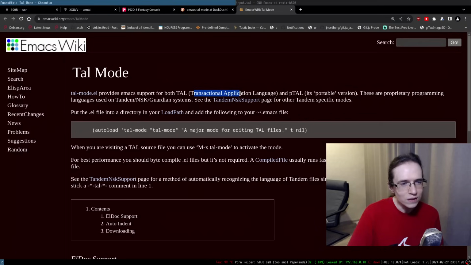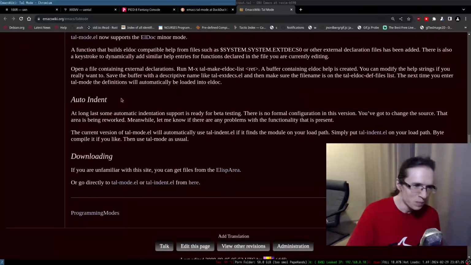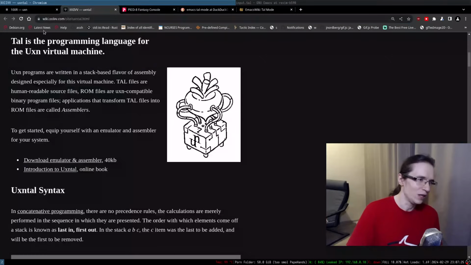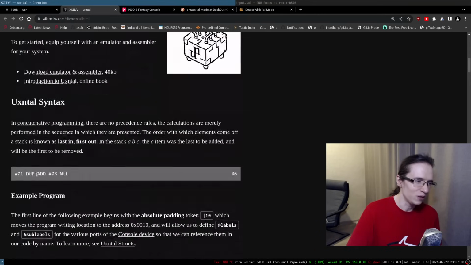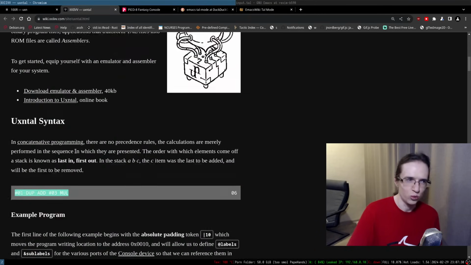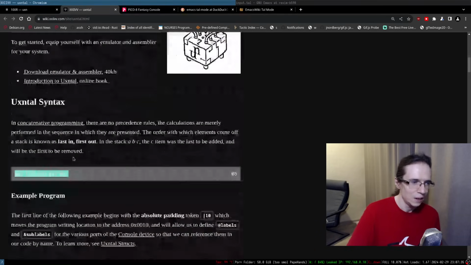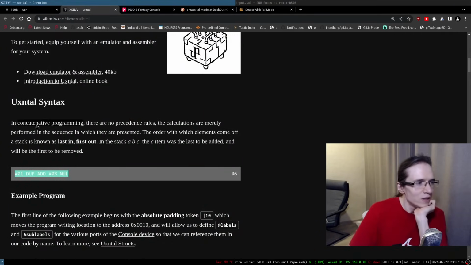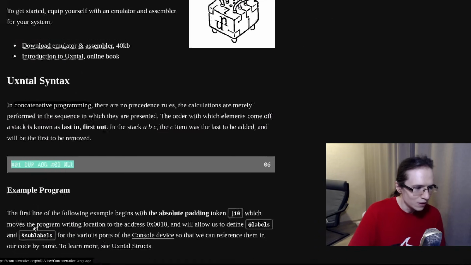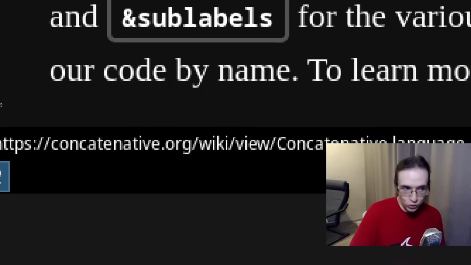Is that the thing? Transactional Application Language. I don't think that's what it is. Maybe we don't really need that, because it's very simple, it's just sequences of words, I suppose. Okay, Unix TAL syntax in a concatenative programming. Okay, so they even list a link to concatenative.org, right?